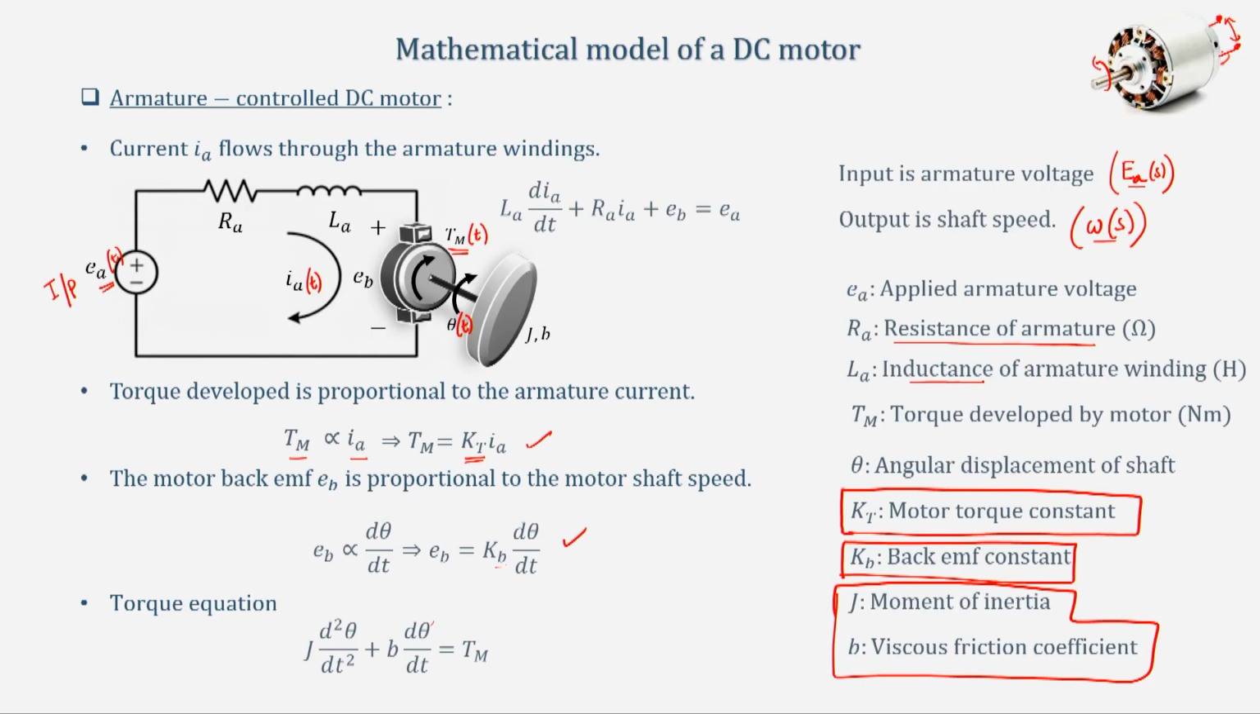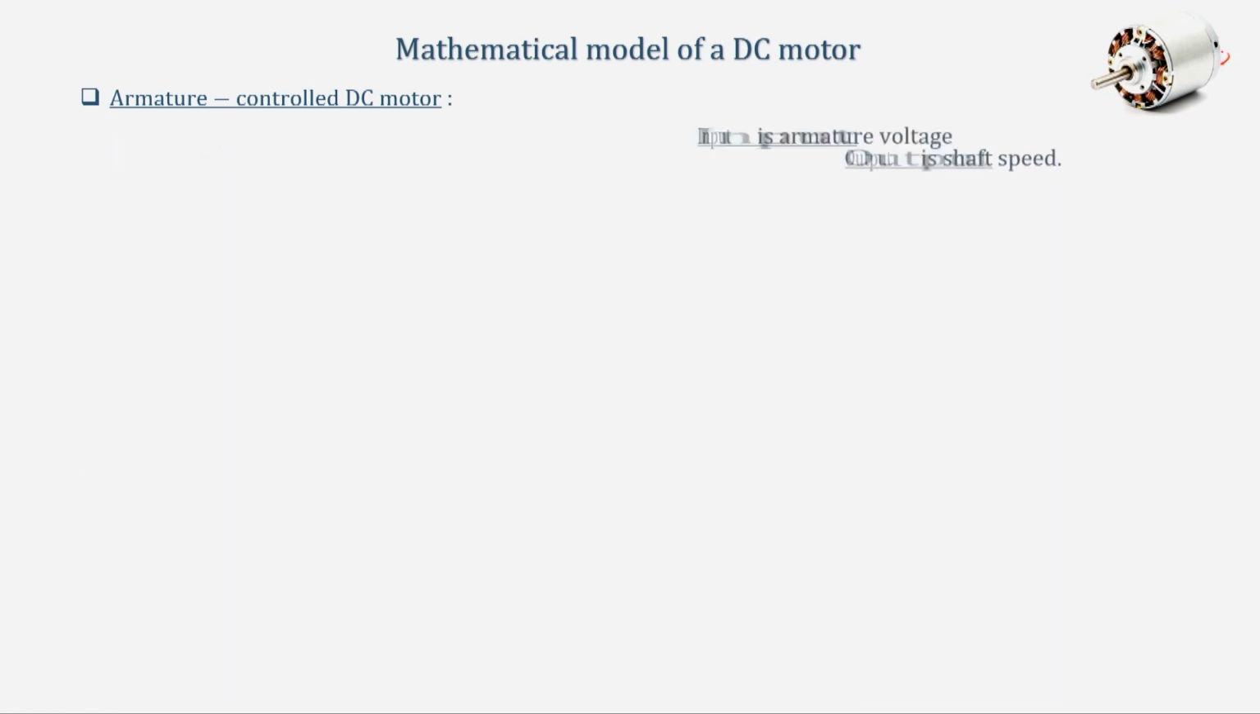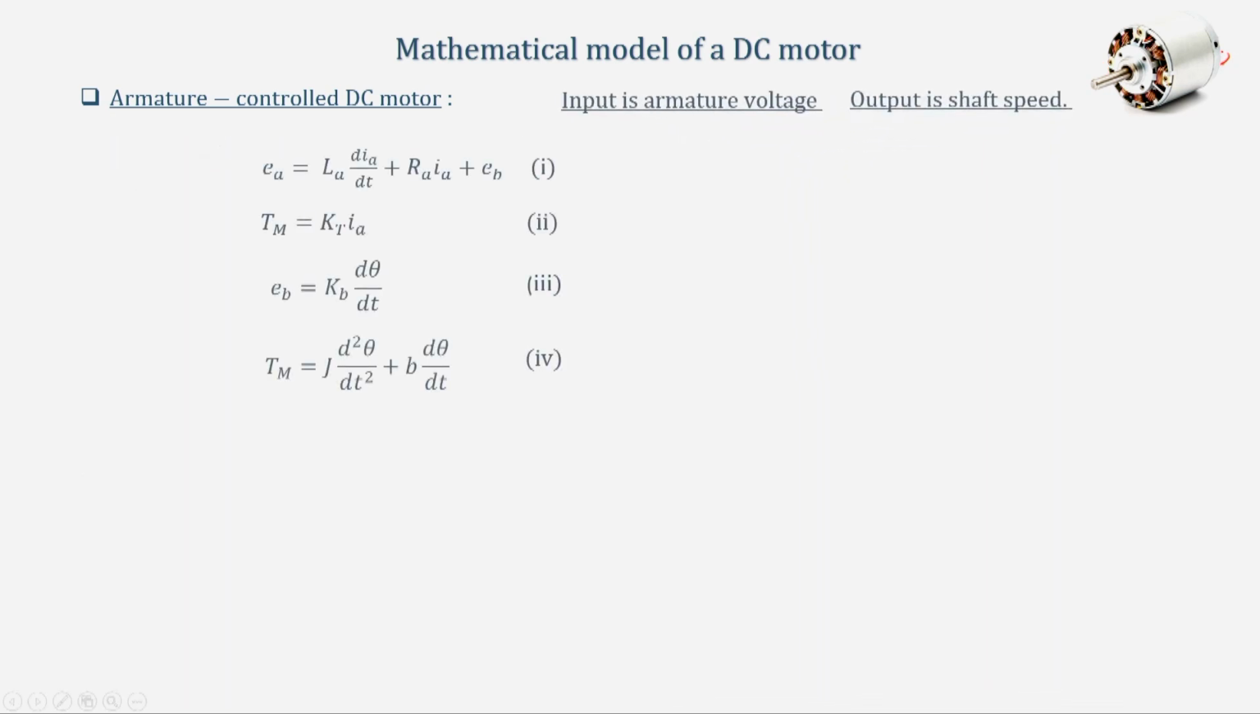Anyways, so now these are the 4 equations that we get. Again, we are trying to find out Gs. What was Gs? Gs was omega s by Ea s. This is our objective, which means I have to eliminate all variables and write down this equation only in terms